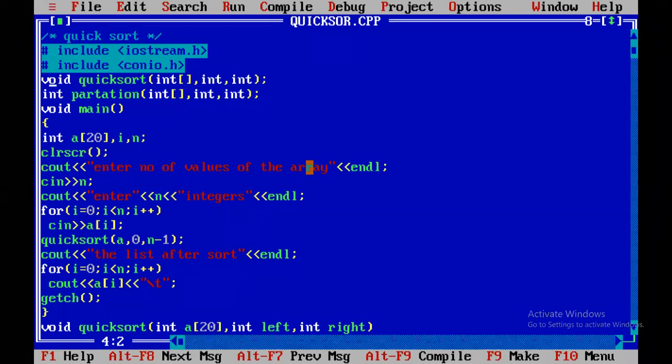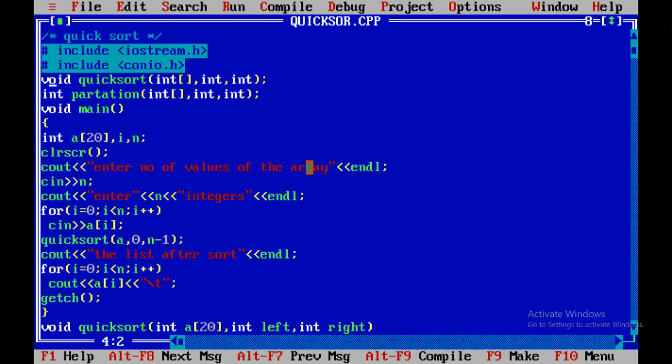When we are using the bottom-up approach, there is no need to write function prototypes. I will also change the program to the bottom-up approach. If you are interested in the bottom-up approach, you can follow that method. If you are interested in the top-down approach, follow the top-down method.